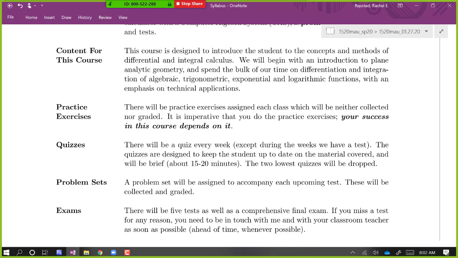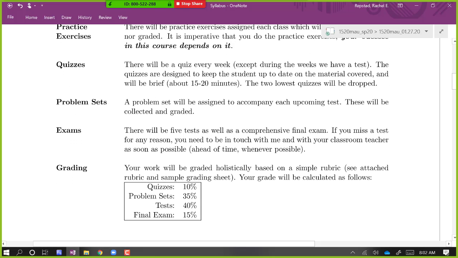And then we spend some time on derivatives, and we spend some time on integrals, which is basic Calc 1 type material. We have a quiz every week, most weeks anyway. I don't give a quiz in the week that we have a test, obviously, but these quizzes are short. They're 3 or 4 questions. They're intended to help us keep up with the material and let us know early on if we're struggling with some topics.